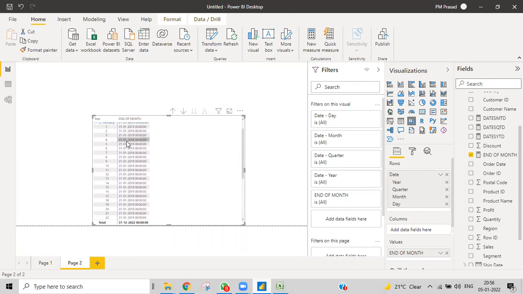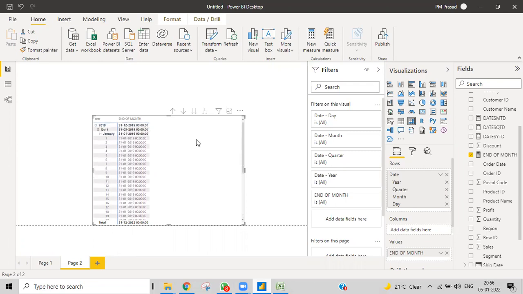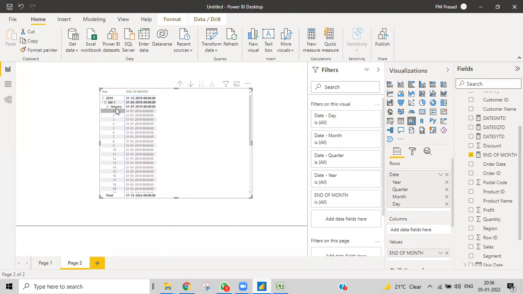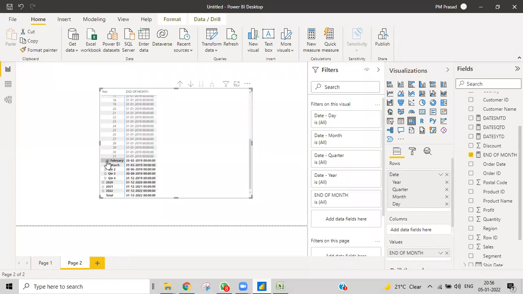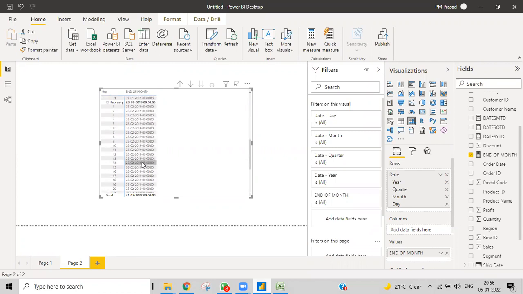And if you go to February, for each and every date in that particular February, we get the end of the month.